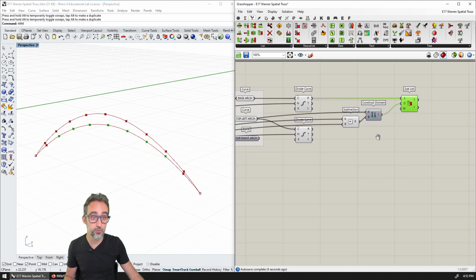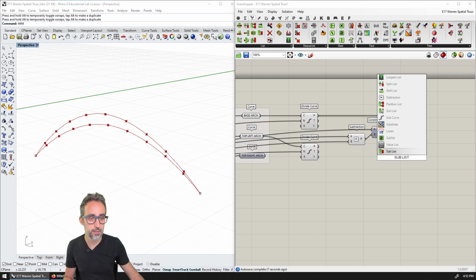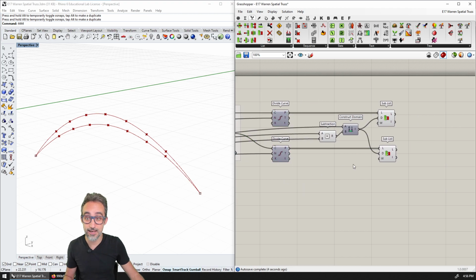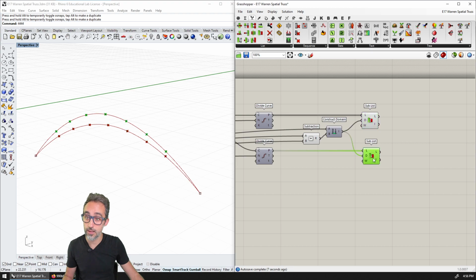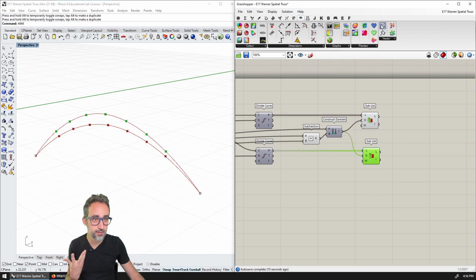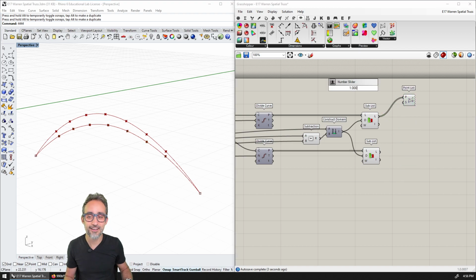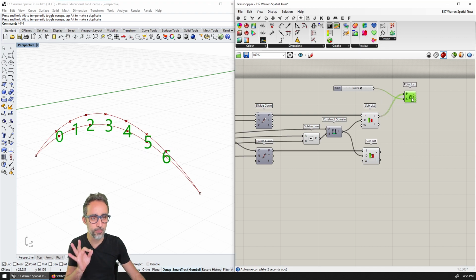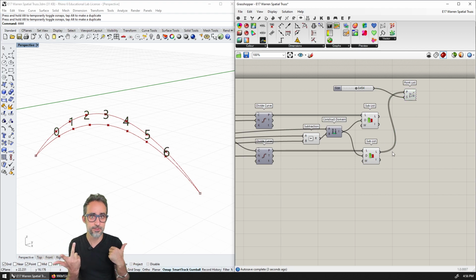So we are going to use that for creating the sublist also from the points on the top arch. So that's going to be the points, and this is going to be the same domain. Okay, and I'm going to turn this off, and then you can see how now we are left with the points in the bottom and the points in the top. And as I typically do, because it's going to start getting messy with lists and combinations, I would like to have the point list component here nearby to make sure that I have good control over what's going on. Okay? All right, so what is next?